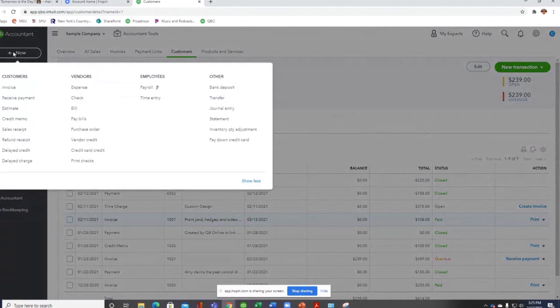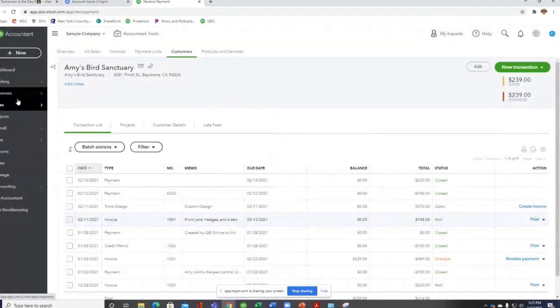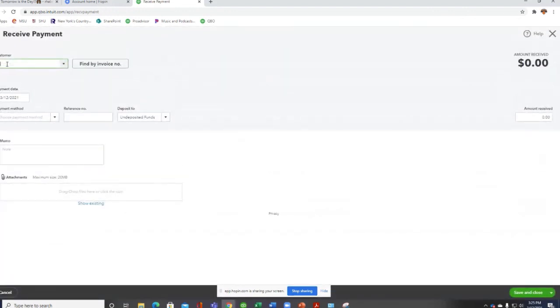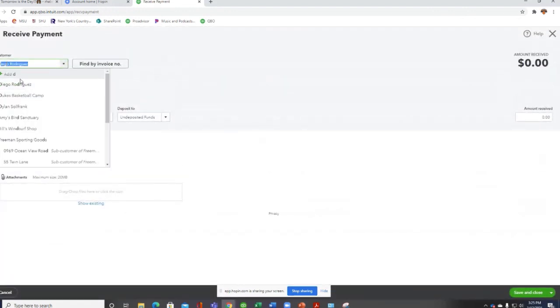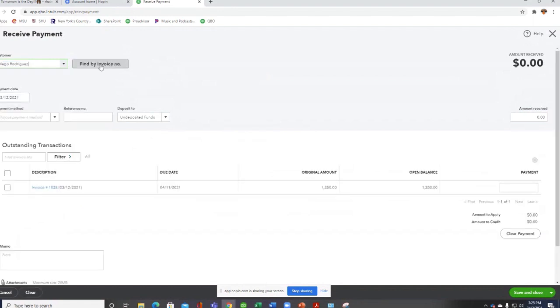Okay, so I'm going back to what I consider kind of like a dashboard. So you have your invoice, then you can receive your payments. So we're going to go to Diego, is that his name? Diego Rodriguez. Okay, he has one invoice, the one we created. So he paid. He paid with a check. The check number was 2020, and it's going to go to this undeposited funds account, which is a QuickBooks account,